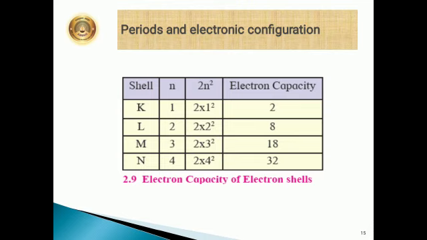There are a few more factors which control the filling of the electrons in the subsequent periods, which will be considered in the next standard. The chemical reactivity of an element is determined by the number of valence electrons in it and the shell number of the valence shell. The information of these points is obtained from the position of the element in the periodic table. That is, the periodic table has proved useful for the study of elements. Now you can also see the electron capacity of the electron shells. K shell electron capacity is 2. L shell the electron capacity is 8. Okay.